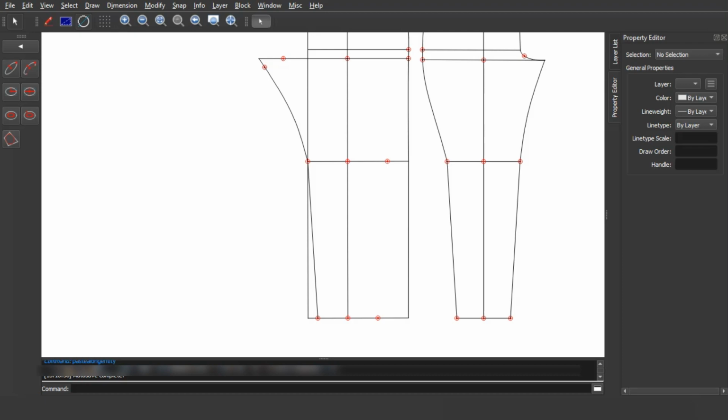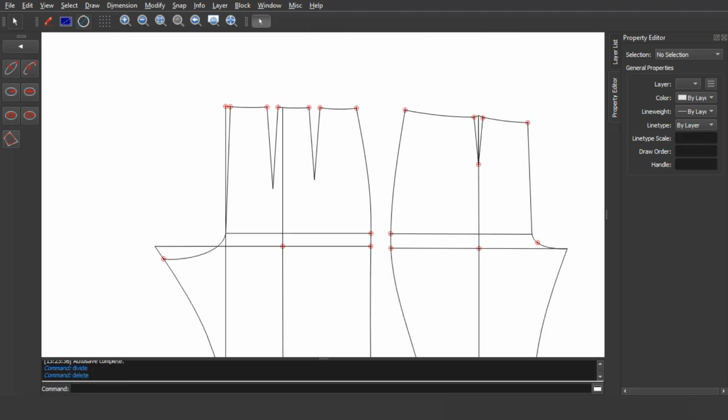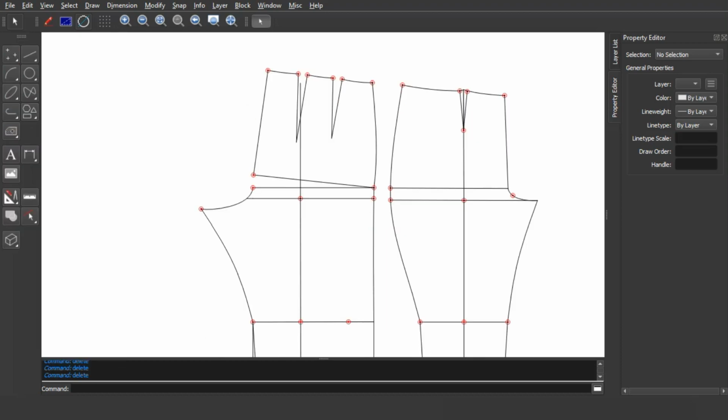Mark a point with that distance from the knee line. On the waistline, go in by 1 centimeter from the center back. We will subtract it from the dart. Draw a line from the waistline to the hip line, then draw a curve to this point. Make it as smooth as possible. Just like we did on the front, compare your back crotch length with the length on the pattern. To get the back crotch length, just subtract the front length from the total crotch length.